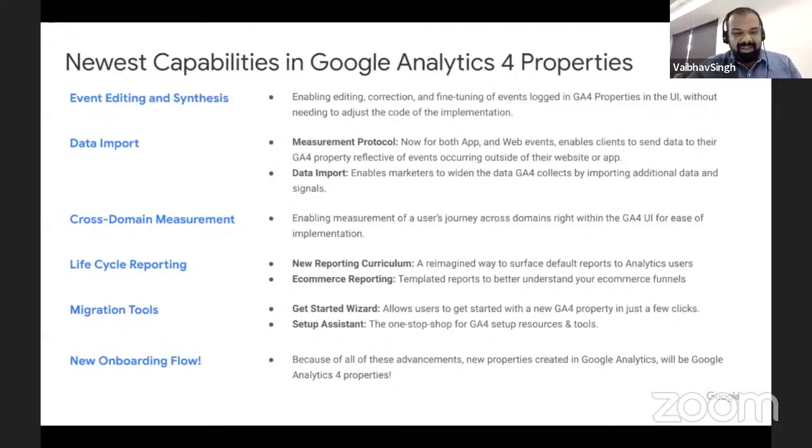There is also the migration tool. As we have covered, you could migrate on the existing account, or you could set up a new GA4 property as well. The onboarding flow is pretty simple for generic users, and for AMP users, please feel free to use our goodie bag, implement it, and give us feedback on how it worked out for you.